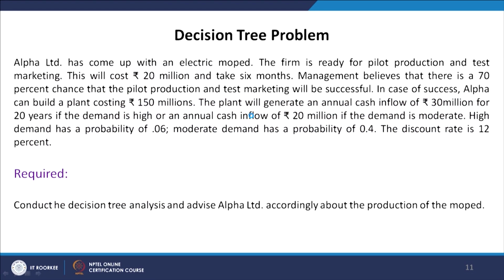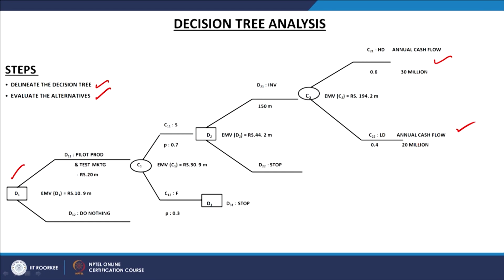So, what you have to do is start from here and then calculate the NPV. These are the chance points. The first chance point is C2, and when you talk about C2 here, you have two chances, C21 and C22. C21 says the chances are of high demand, which are 60%, and here are the chances of low demand, which are 40%. So, there can be two chances and both the chances we have to associate with a probability.